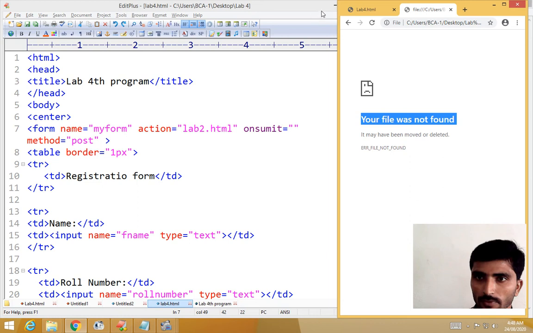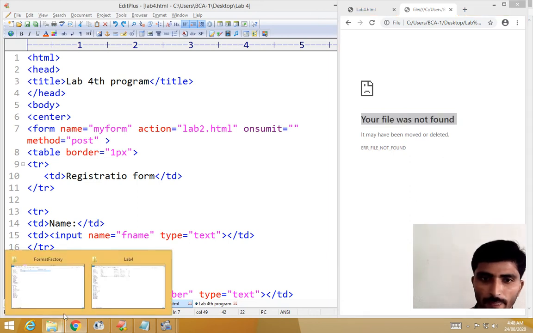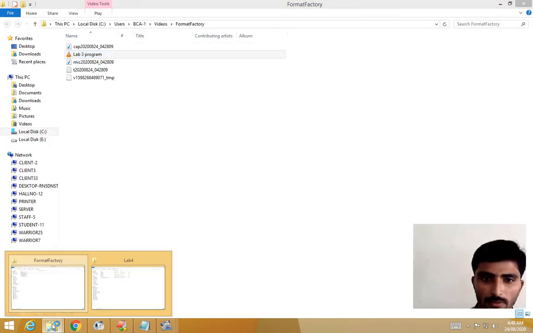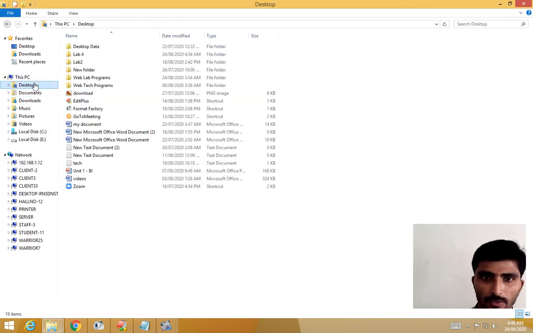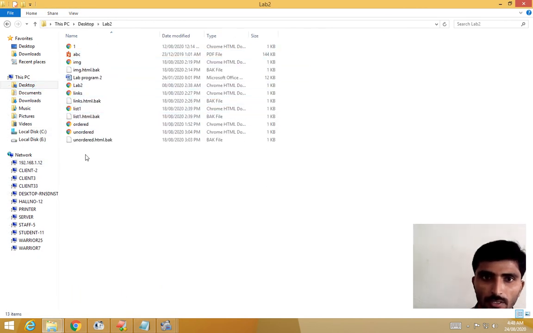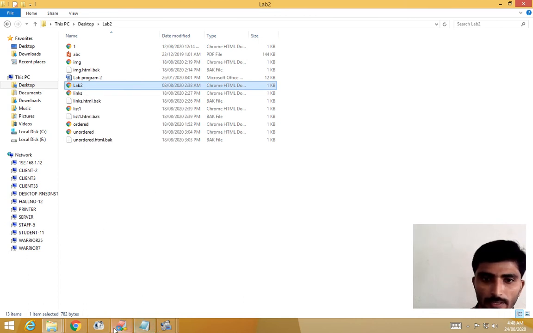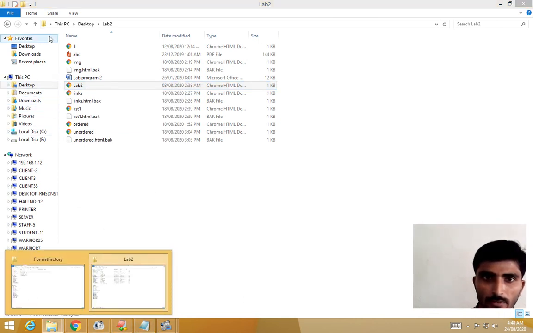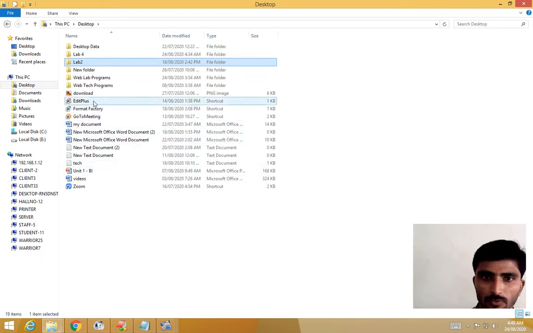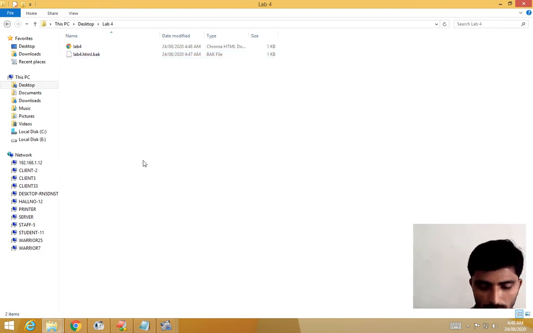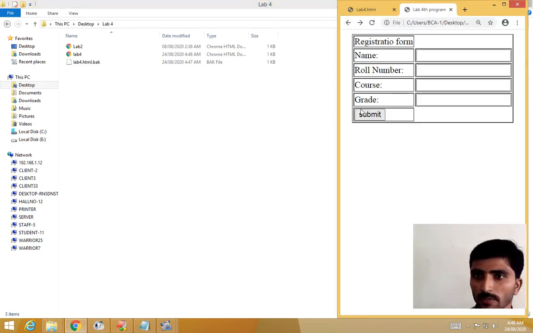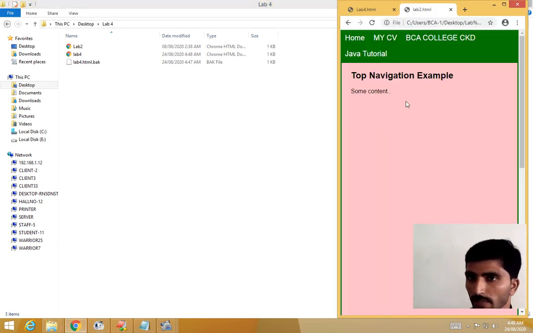So better, go to the desktop, lab 2, copy this file and paste it in desktop lab 4, then open the browser. Now I want to submit, that goes to lab 2.